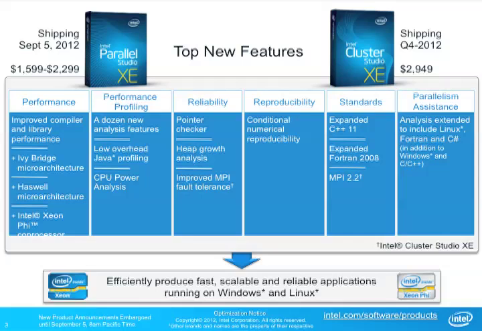So this is, of course, the first product that will use the many integrated core architecture, commonly referred to as MIC. This is a coprocessor that will have more than 50 cores in it, and excels at extending Xeon's product line into highly parallel